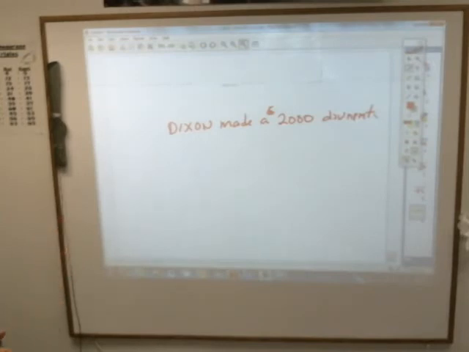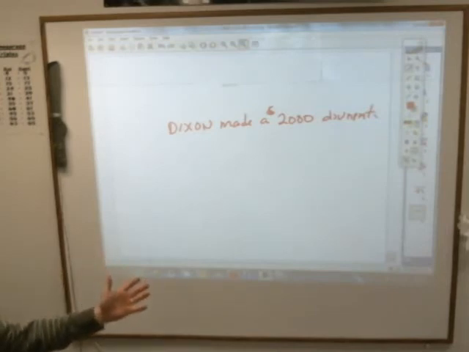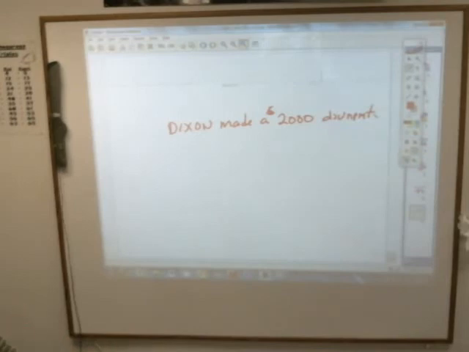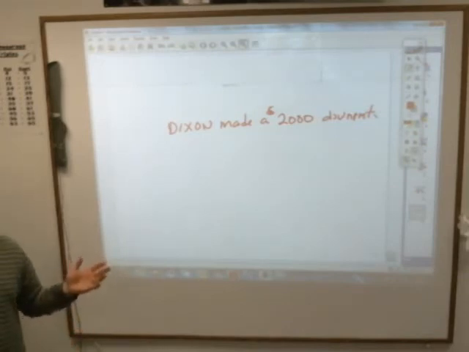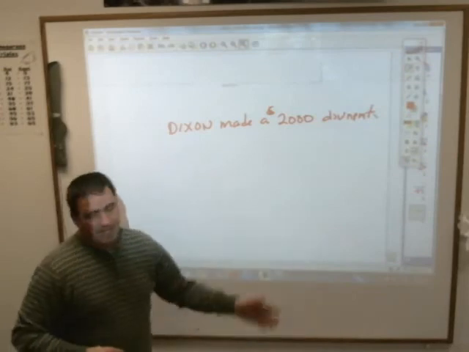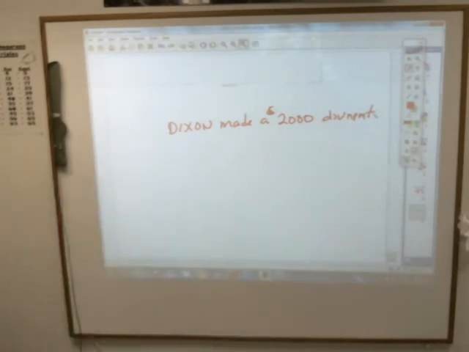Well, because that's kind of like a little guarantee. If you bought a house for $100,000 and didn't put any down payment on it, that means the bank, if you can't make the payments, is gonna end up with that house and owe that $100,000 on it. Whereas if you paid $20,000 down and you can't make your bills, then the bank at least has that $20,000. They can maybe resell your house and make some money. But if you don't give them any money right away, then the bank or whoever loans you the money can be completely stuck with the entire bill. So if Dixon made a $2,000 down payment on a $8,000 car,